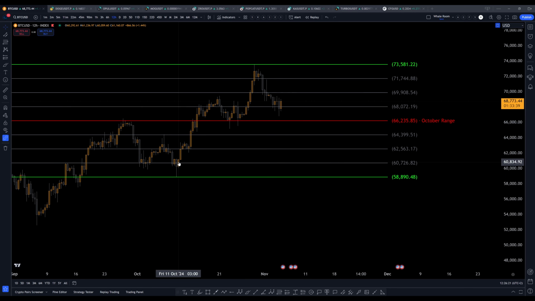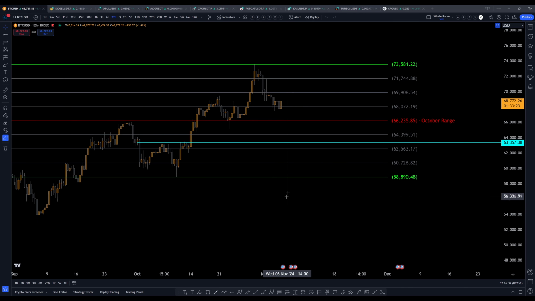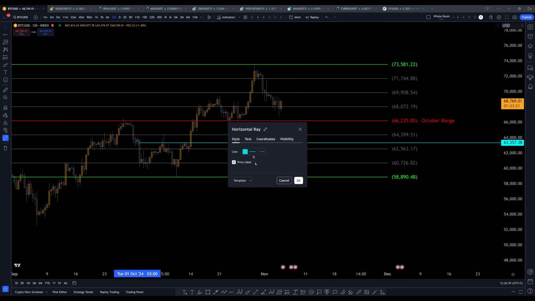Where is the opening? Where's the 1st of October? Let's go and have a look. The 1st of October. Where do we have the opening of the month? Monthly open. The 1st of October is here and is bullish, so it's going to be at the bottom of the body. Boom. Right. And you can write these and say monthly open, right? And for you to just make sure that you know which month you're talking about,